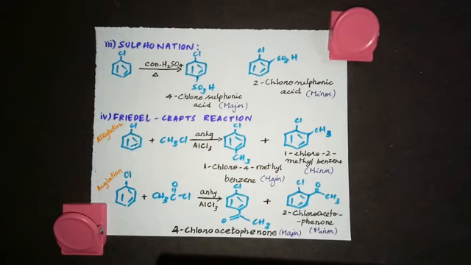So remember, if you are introducing an alkyl group in the benzene ring in the presence of anhydrous aluminum chloride, we call that Friedel-Crafts alkylation. If you are introducing an acyl group, what is an acyl group? COCH3. Then that is called acylation, Friedel-Crafts acylation. So these are all examples of electrophilic substitution reaction in which you can clearly see chlorine is ortho-para directing, which means it is directing the incoming electrophile to the ortho and para positions.